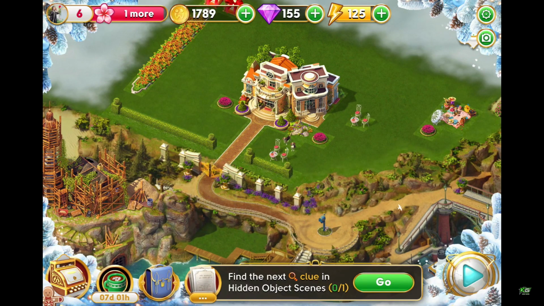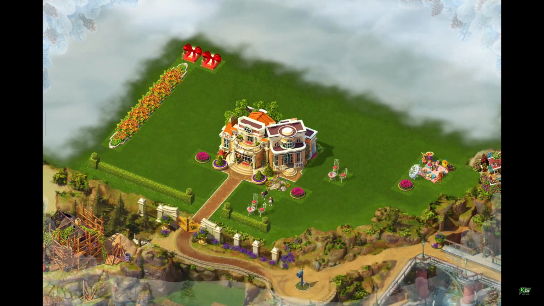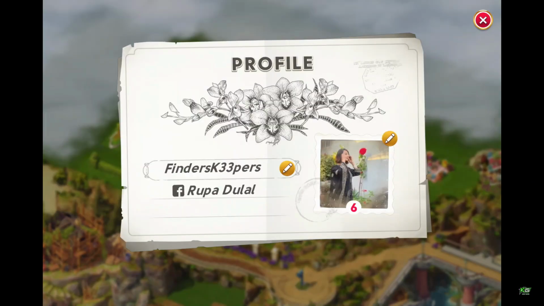Open the June's Journey application on your device, whether you are using Android or iOS, and once you are done entering the main home page of June's Journey, go ahead and tap on your profile avatar at the top left corner. This will bring up your profile where you need to tap the pencil button right next to your